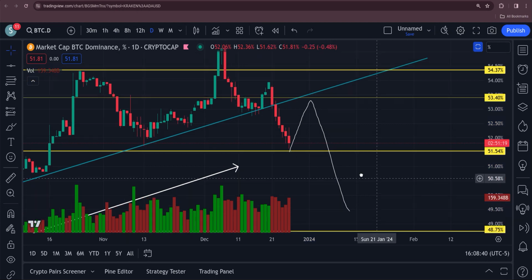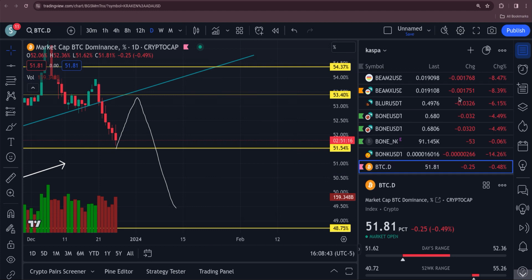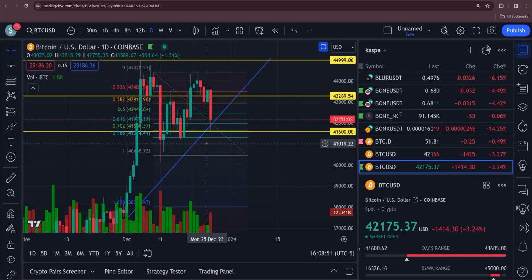We'll see what happens here, but looking bearish for Bitcoin dominance, which is what you want to see for the altcoins to make a run. Now Bitcoin itself, that bounce off that 702, boy, that's a beautiful spot. The only one below that is the 786, down around